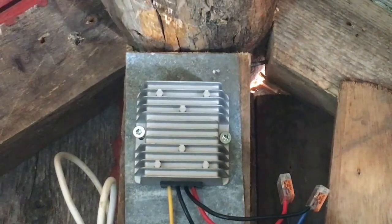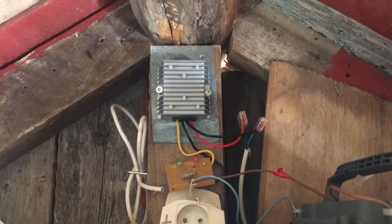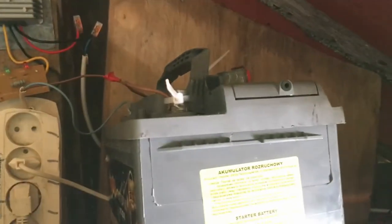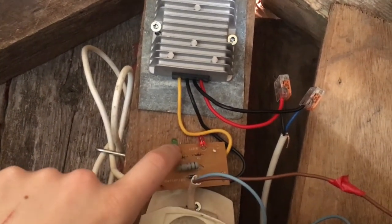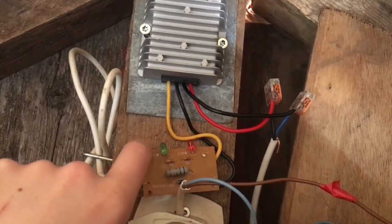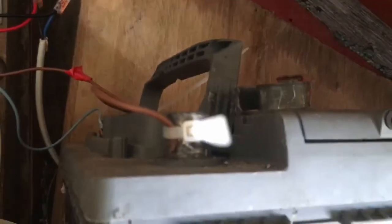So this is a converter. This converts 9 to 30 volts into 13.6 volts, which is enough to charge a battery. And from there it goes into this little part here, which controls the charge of the battery. So if the battery is full, it's at 12 point something volts, the green line turns on and it stops charging. So this just basically, when the battery is full, doesn't allow it to charge anymore, so it melts down and destroys the entire building. And it goes into the battery,